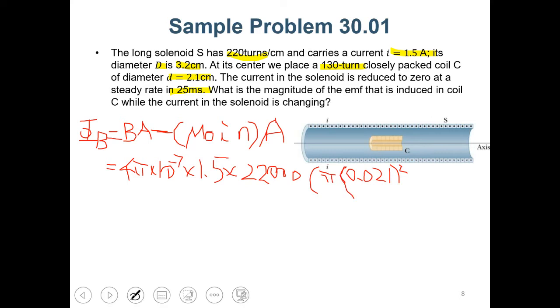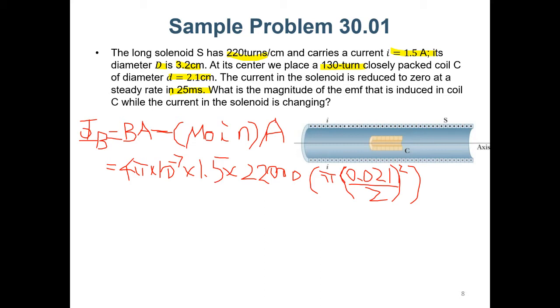Diameter should be divided by 2. So the radius will be 0.021 over 2 square. Yeah, because it's consider